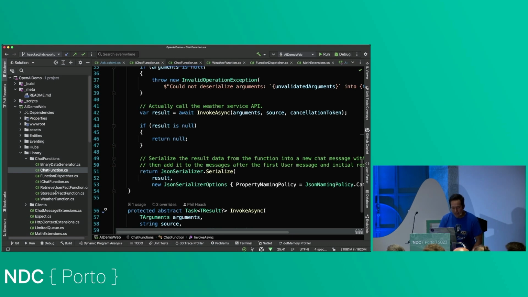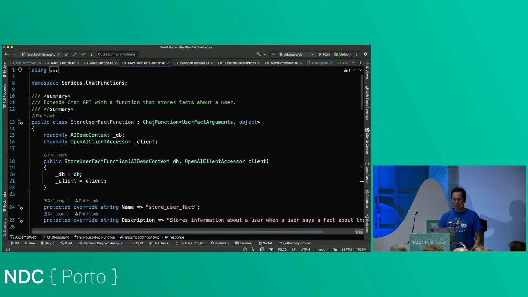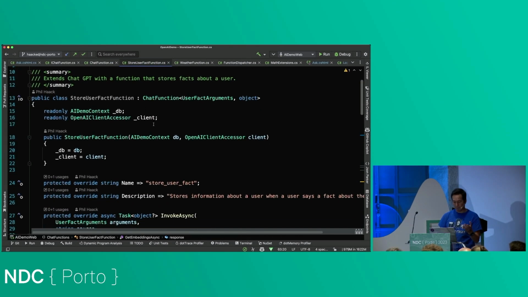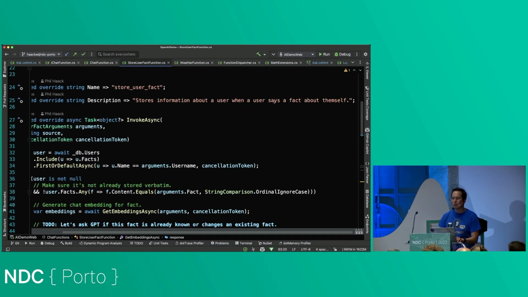So let's look at what does this look like in practice. So I have a store user fact function here. So this is another GPT function that I'm going to expose to ChatGPT. And here it says, stores information about a user when a user says a fact about themselves. So again, that's the prompt.